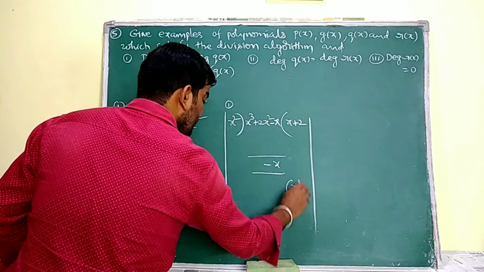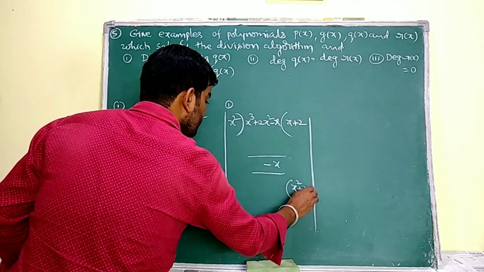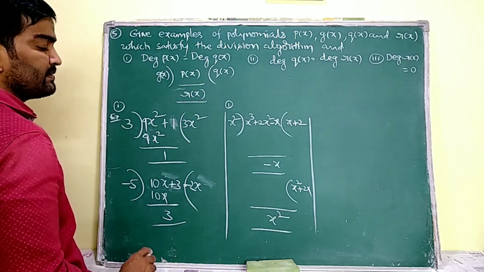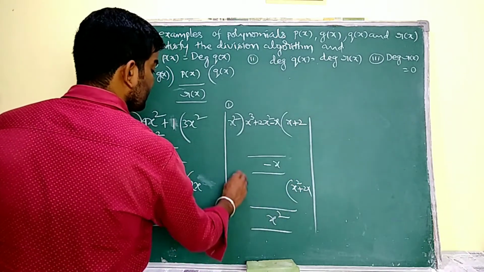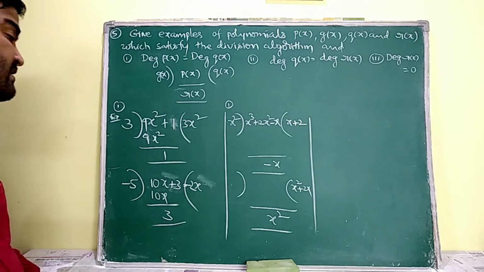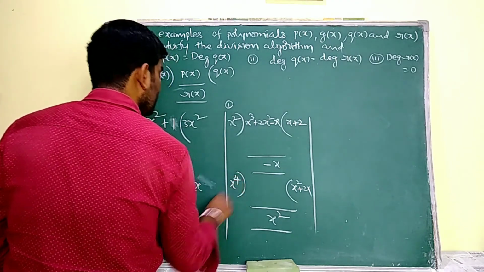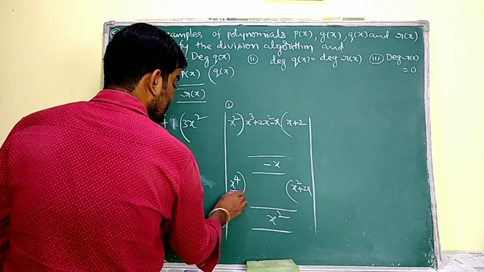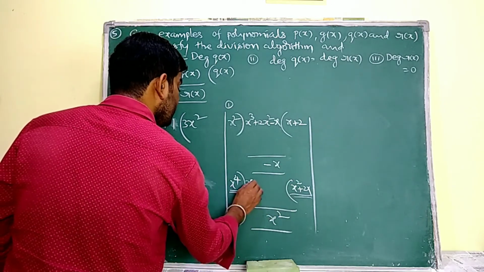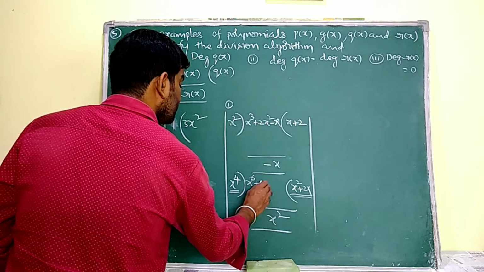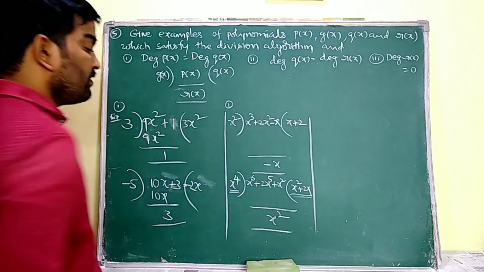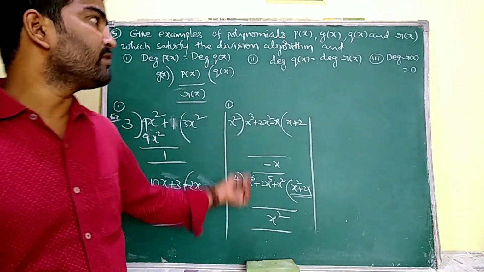Now for another example, you may take the quotient as x square plus 2x. That means second degree you have to consider. Here I am going to write simply x square as the remainder, because these two are of the same degree. So here I may write a polynomial with degree more than 2. That means I am going to consider x power of 4, let us suppose. Then g of x into q of x plus the remainder produces the dividend. Multiply x power of 4 into x square, x power of 6. x power of 4 into 2x, 2x power of 5. And we have to add the remainder now, x square. These are the different polynomials as an example for the second question.